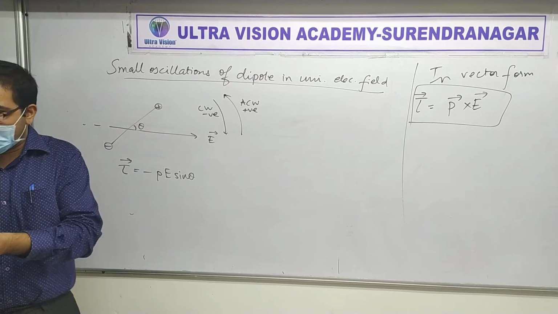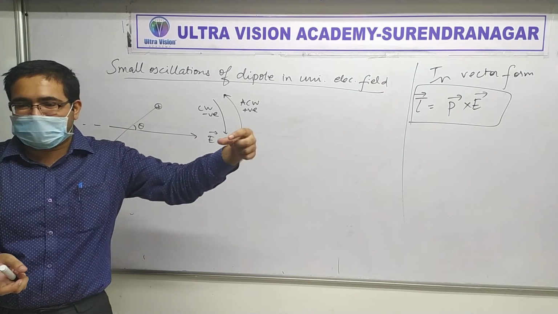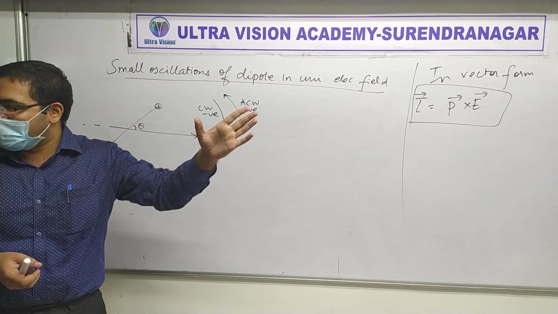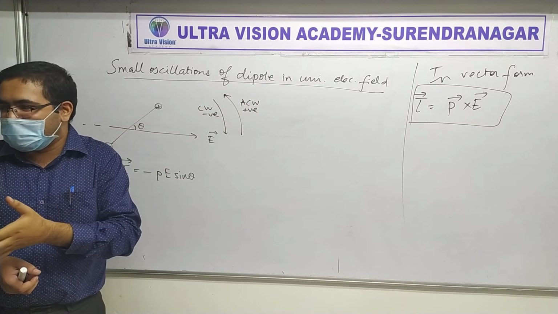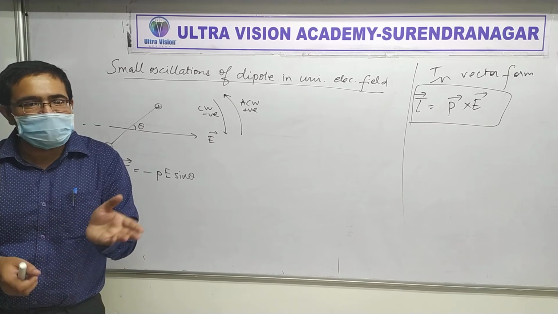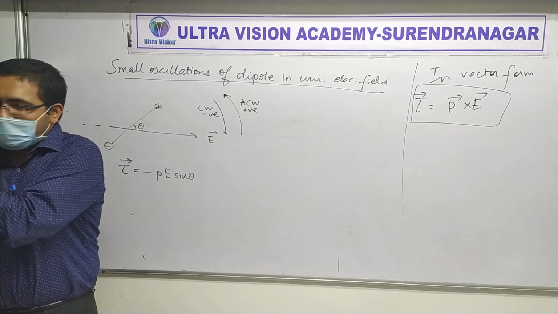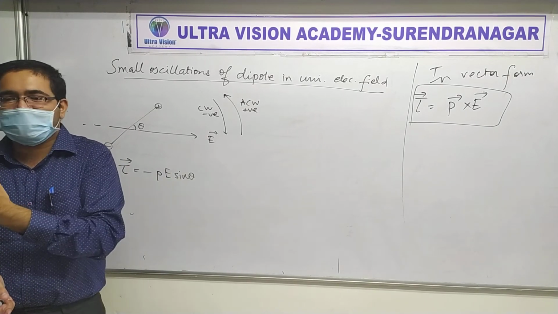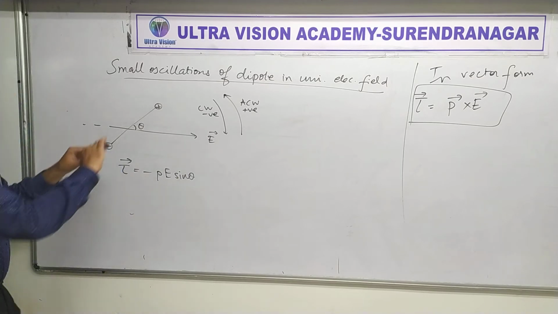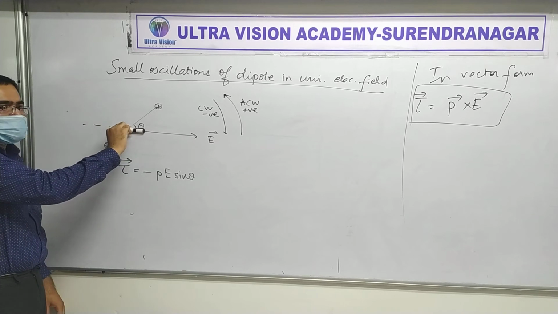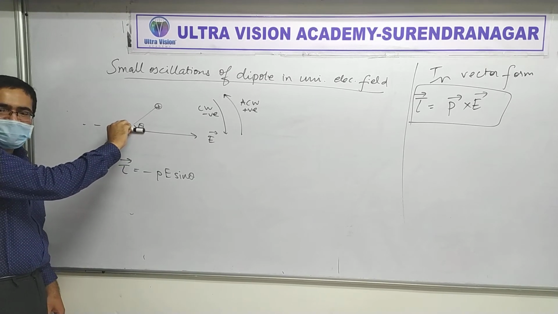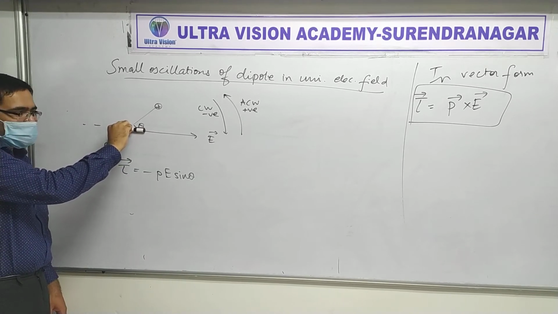It is like a pendulum, this is the mean position. You drag it to the right side, leave it. The moment you leave it, it will start moving towards the left side. When it comes to the mean position, it will not stop. It will overshoot. And then it will start oscillating. Clear? What happens here? Same thing. You leave it like this, it will start rotating, come to this point. It will not stop over there because by that time it will have gained energy. So it will overshoot it.